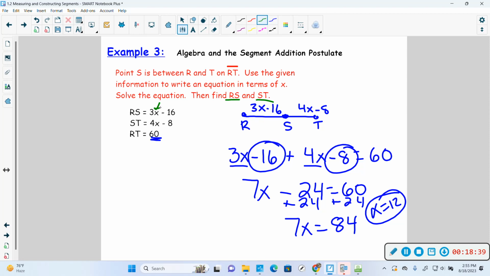If you put 12 in there for x, let's mental math it. What's 3 times 12? 36. Minus 16. 20. So it's 20. Now, I'm not even going to get too carried away on ST. I can mental math that guy. If the whole darn thing's 60 and we already have 20, what's ST? 40. But we also need those two because it asks for them. So any questions on that? Okay, so